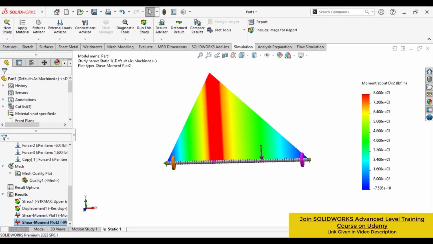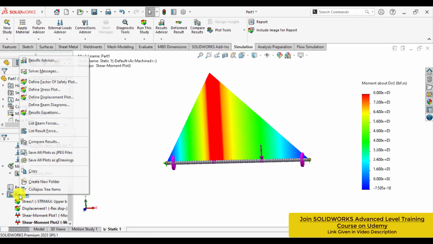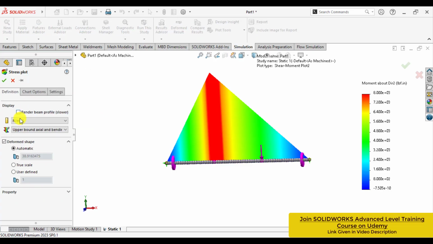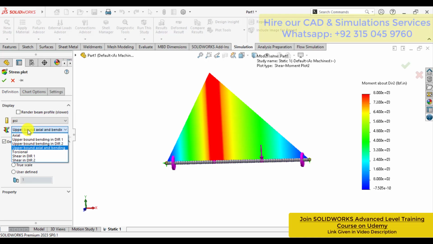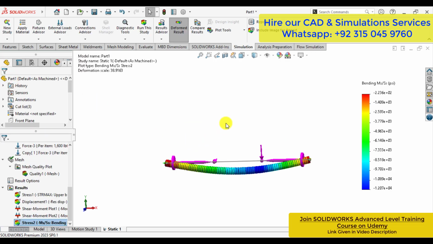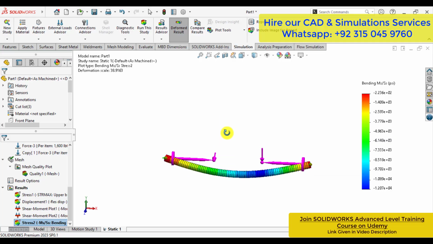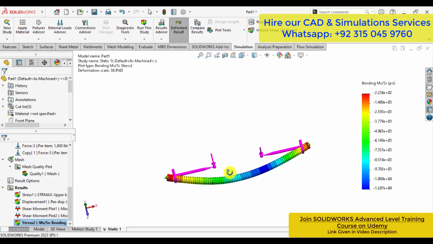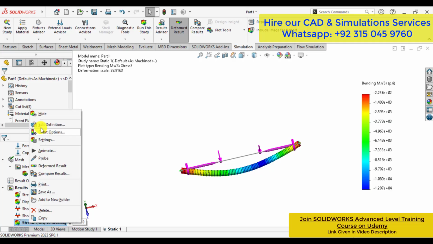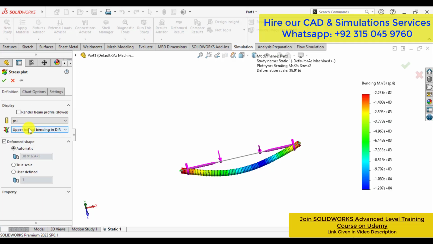Again, go to the SOLIDWORKS, click here, define stress plot, change units to psi, and from here check the upper bound bending in direction 1. That is not compatible with Shigley calculations. If we check the bending stress in direction 2,